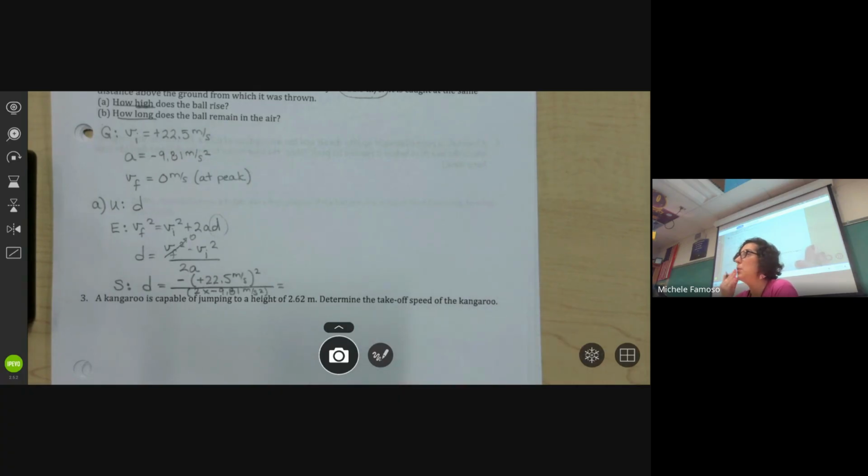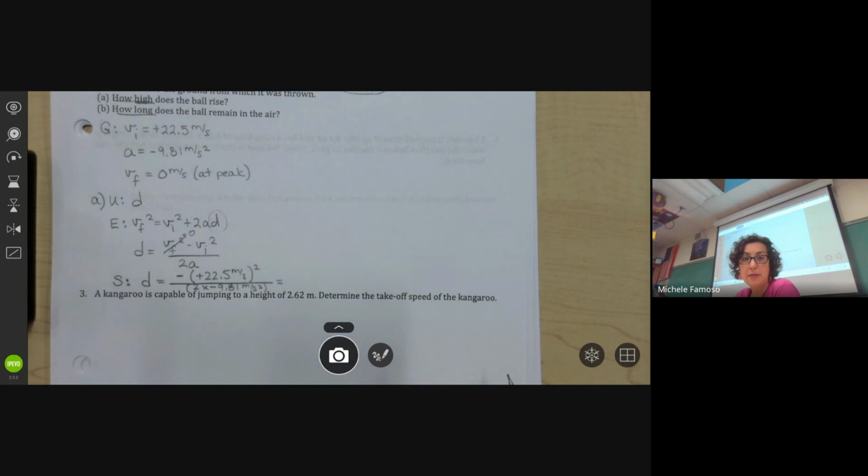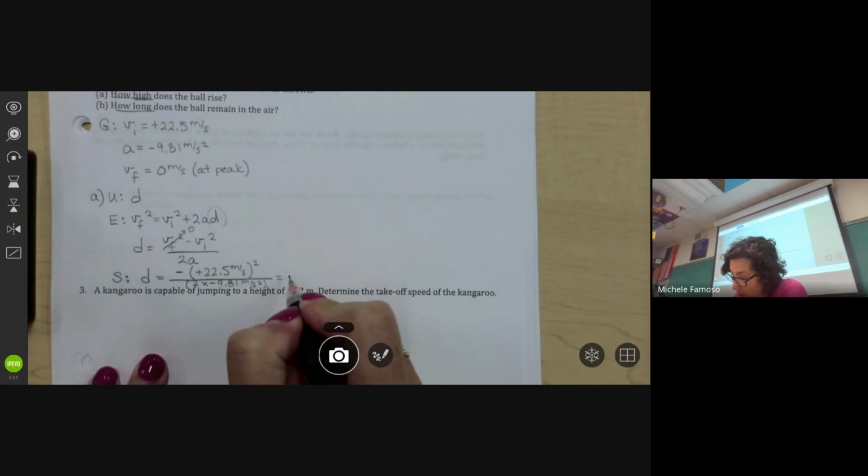How high does this ball go? Sarah? I think you may have forgotten the square in the numerator. Check your math on that. Because that's not how high it goes. It goes a lot higher than that. Who's got a different answer? Nikolai? 26.0 meters. No, you're close, but close does not count. You've got to have it exact. Double check. Janicia? There you go. It goes up